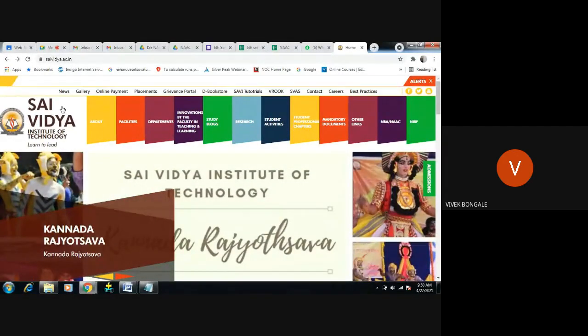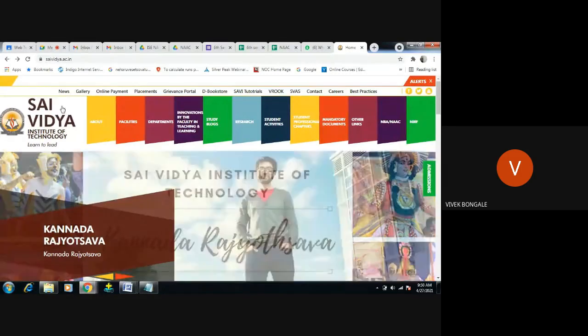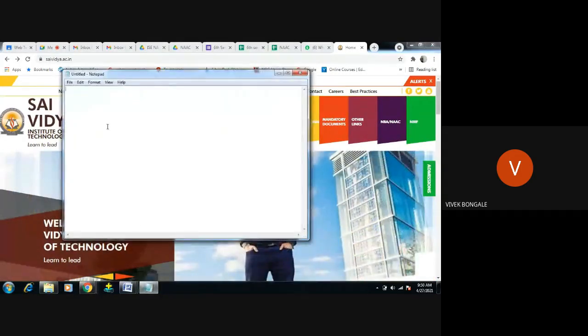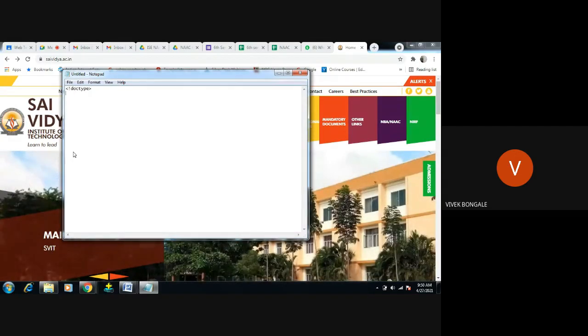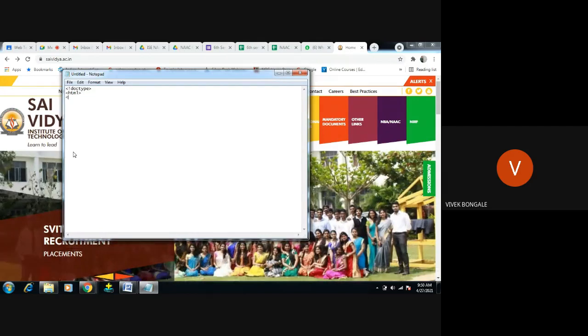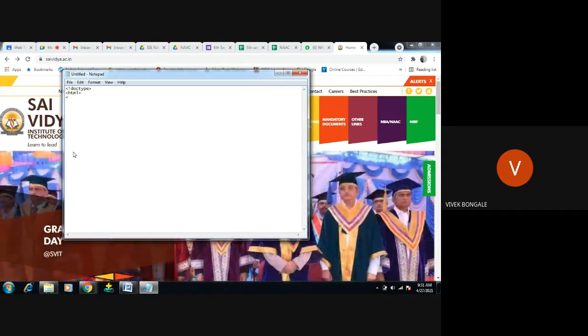There, if it is there, you're going to see that one. Just here you're going to see how to give the logo and how to give the header part. Next, obviously start with the doctype, then the HTML root element, and all these things we're going to give where? In the body part only, right?